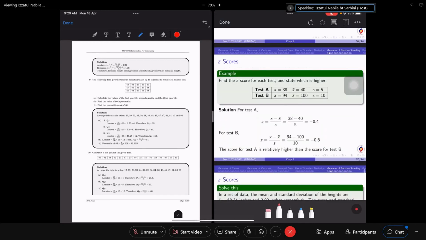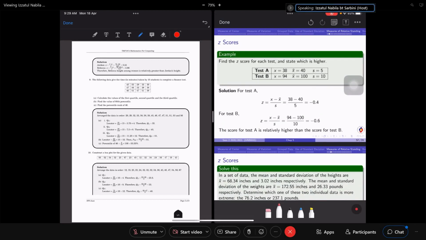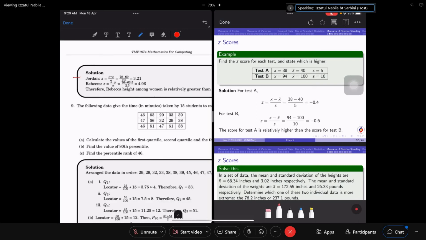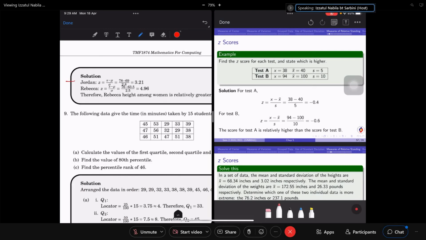Now we want to calculate for men and women. Jordan is a man, so you use the mean for men and the standard deviation for men. You just substitute into the formula for the z-score. You get 78 minus 69 over 2.8. All these are given in the question, the mean and the standard deviations, and you get Jordan's z-score is 3.21. Now for Rebecca, a woman, you just substitute the mean and the standard deviation and you get